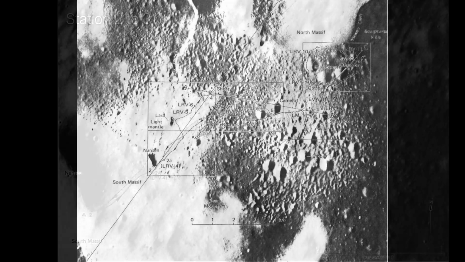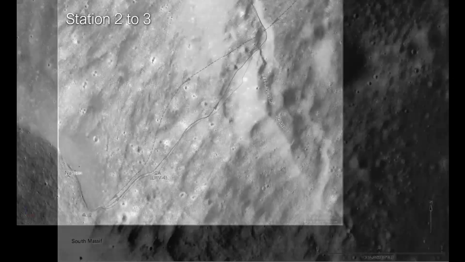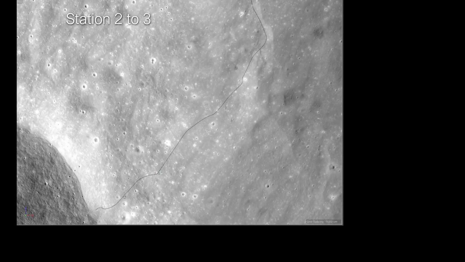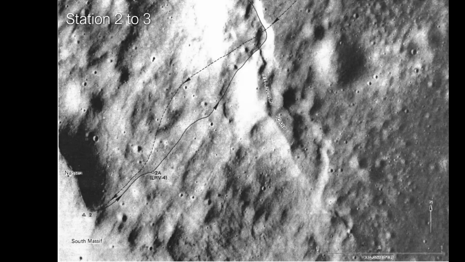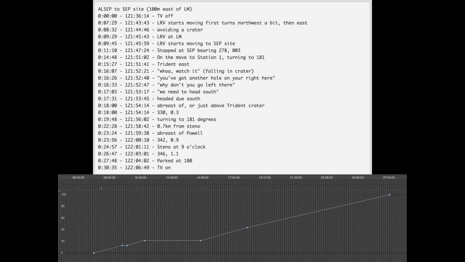So what I wanted to do is recreate these traverses. This is post-mission documentation that was scanned by the History Office and preserved that shows where they went. And then here's that same view on the LRO data, where I created a spline that shows where the rover drove. I'll just flip back and forth here. You can see this is Station 2, where they went on the second EVA at the beginning, and then driving from Station 2 to Station 3.